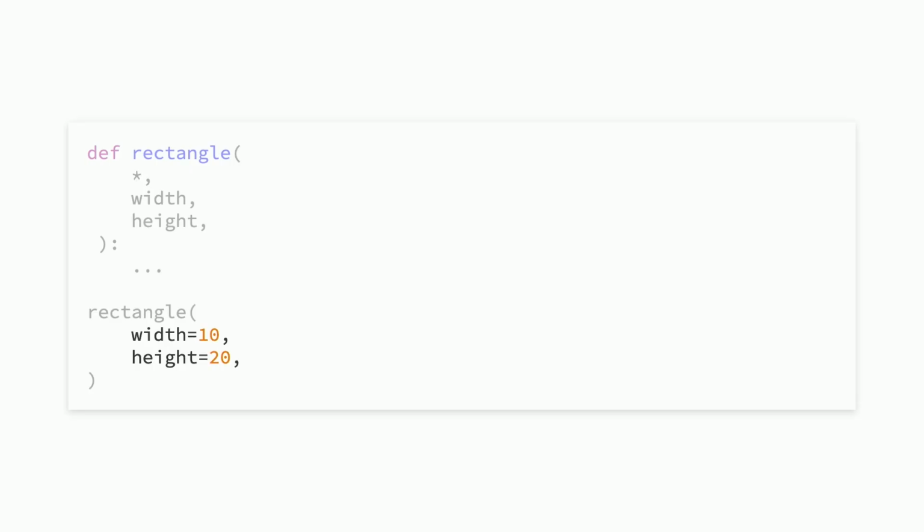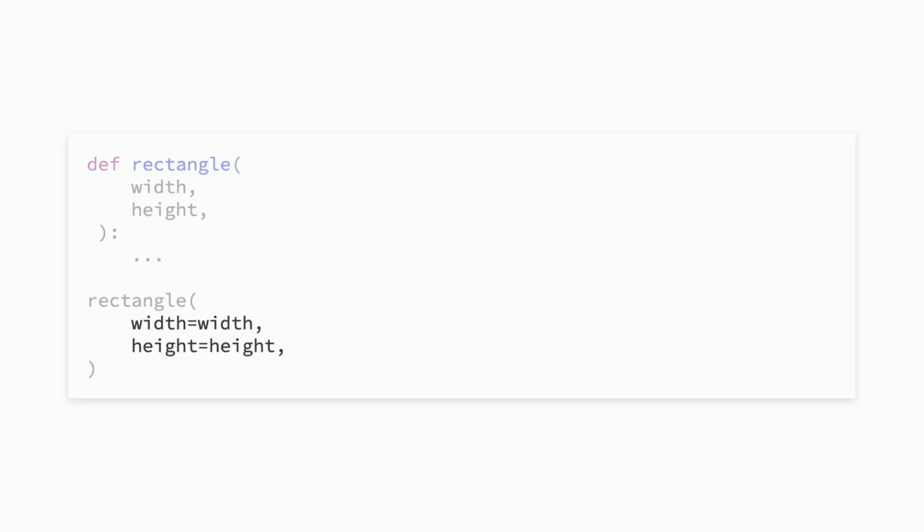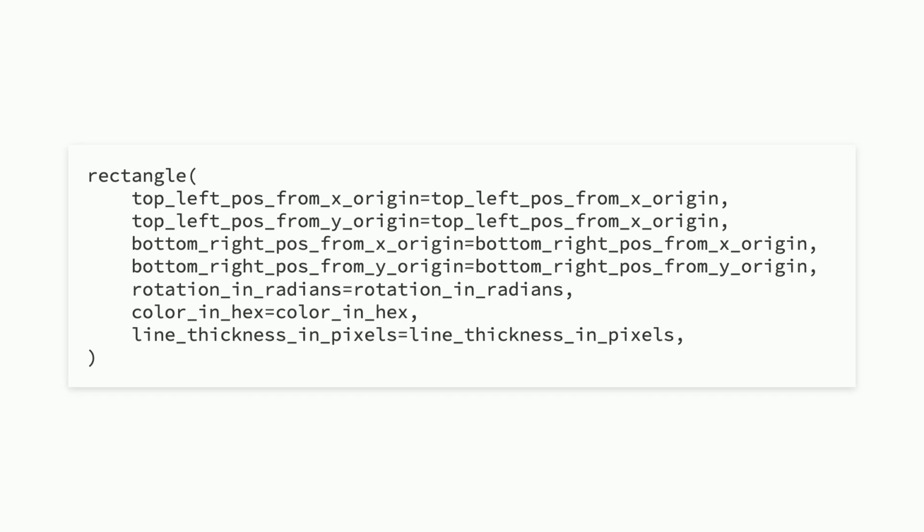But that would require going through and updating the arguments to be keyword arguments, and that can be cumbersome as you can forget, you can make the code noisy, and it could also require having to go and do that everywhere. Not to mention a bunch of redundant cases where the names of the variables being passed in are the same as the parameters. And while this might look fine, it can get pretty unreadable if you have parameter names that are much longer and many more of them. And a bit error prone.